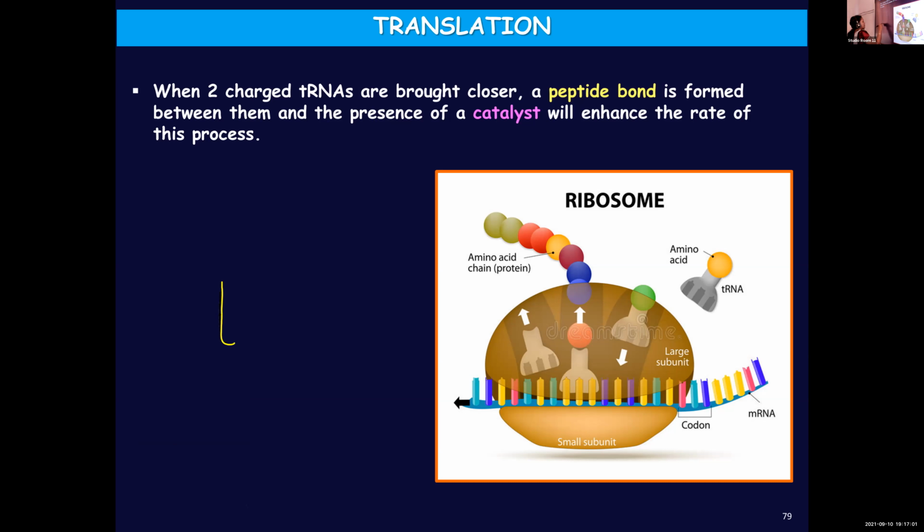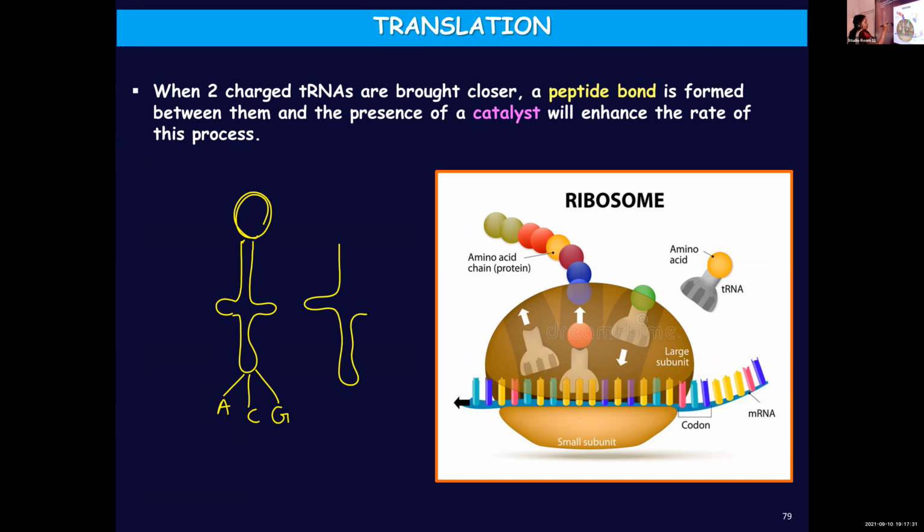So this is one transfer RNA and this is another transfer RNA, or let me draw the figure. Just assume that this is our transfer RNA with a particular codon. And then on the other end, there'll be an amino acid. So when two such aminoacylated or charged transfer RNAs come together,